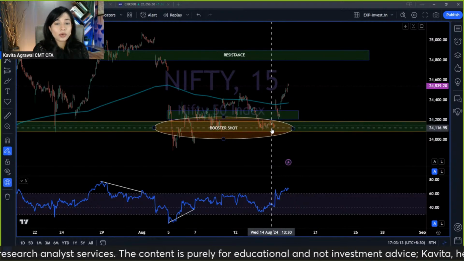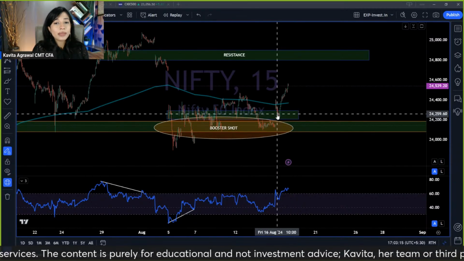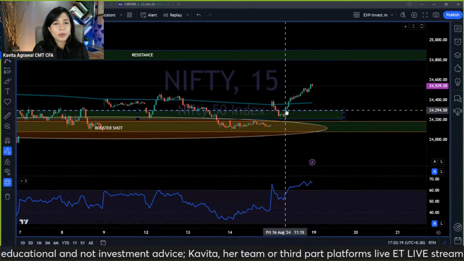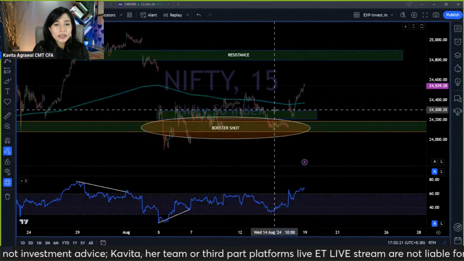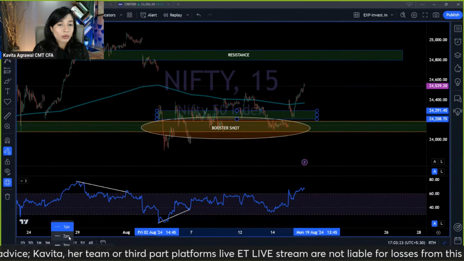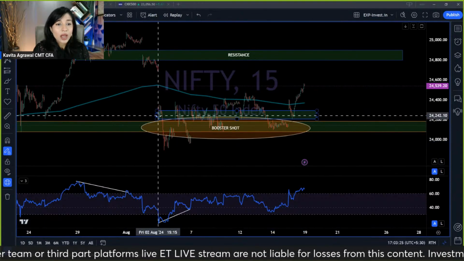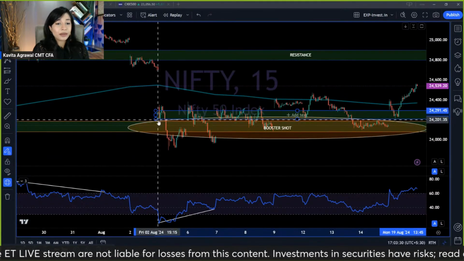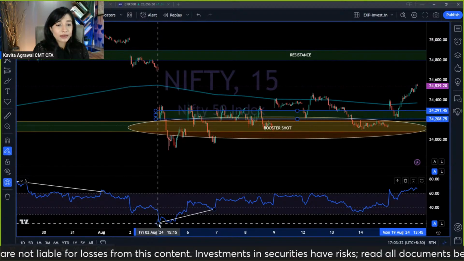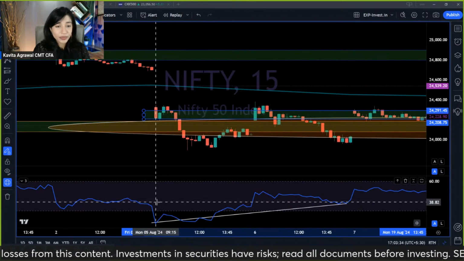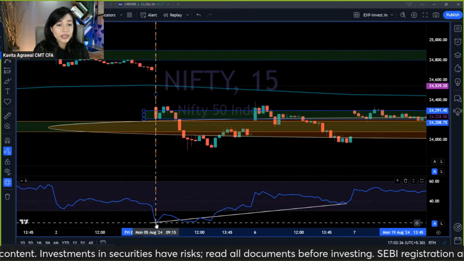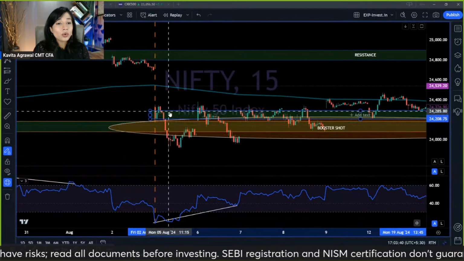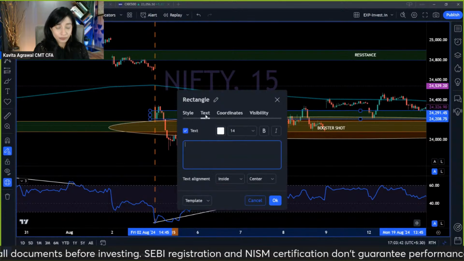Today, in fact, we saw that the market opened with a pretty good gap up here, came back to retest this blue zone and went up. Now, what is this zone with the blue outline, right? So actually, this is the place where the negative momentum ended. So you see this tiny little bottom over here on the RSI. If I draw a vertical line, you can see this is where the RSI bottomed out, right? So this was the real low for the 15-minute time frame.